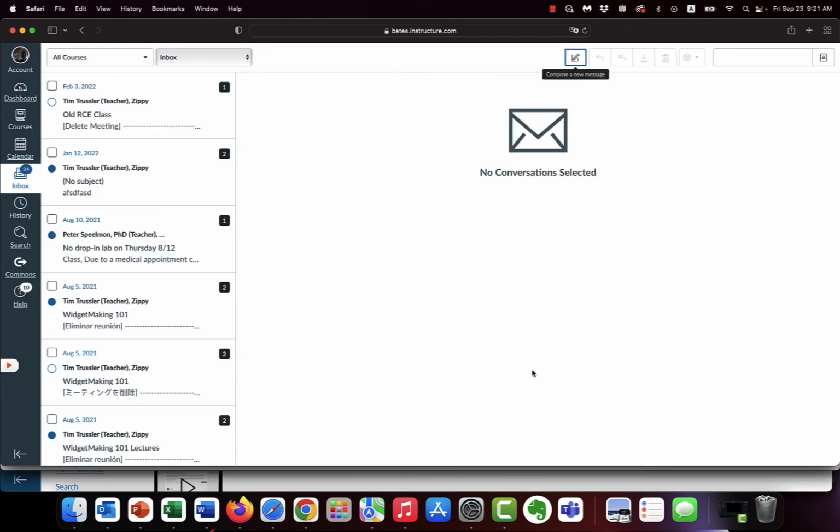We do recommend using this as much as possible for the simple reason that it actually comes from within Canvas. So if you send something from your Gmail account to your instructor, spam can kick it out. They may not know that that's you, so you may have to wait a long time to get an answer. If you send it this way, it's tagged very clearly to your instructor that it's coming from a student inside one of their Canvas courses, so you can kind of cut to the front of the line that way. So we do recommend using this as much as possible to converse back and forth with your instructor. Okay? Other than that, that gets you in, that gets you started.